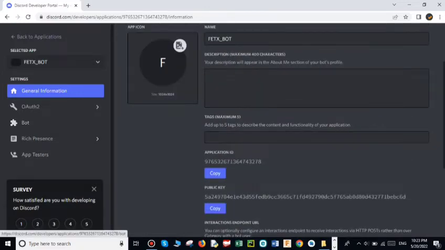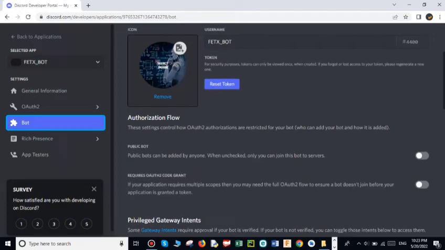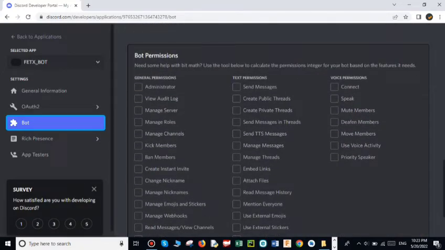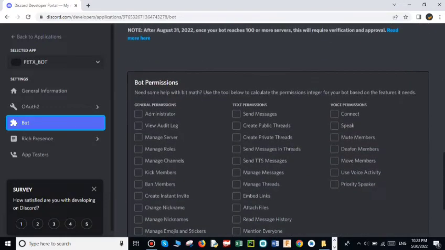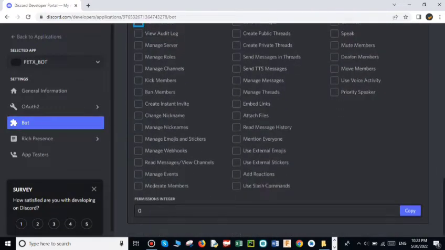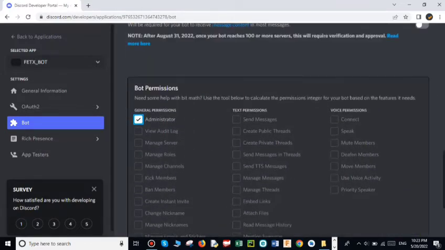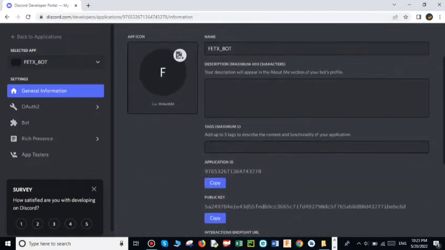So in this category you have to go to the bot, as you can see here, and then you're gonna be able to select your image for your bot and something else. Then you have to press administrator. So just scroll down with the mouse and press administrator. Then you will have here the 8 permissions. Look, that's all. And copy these permissions. Then all you need to do is